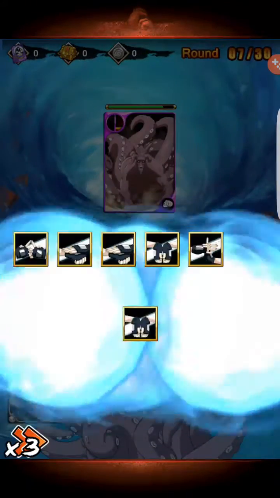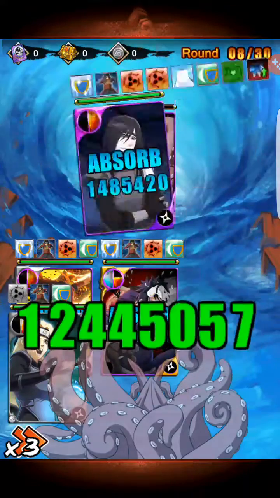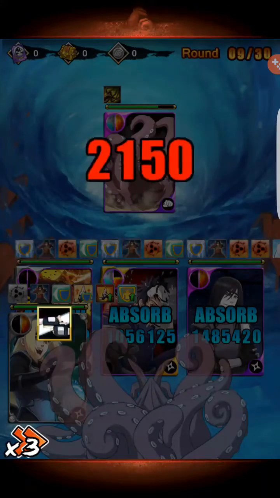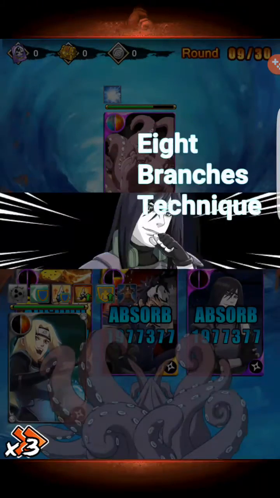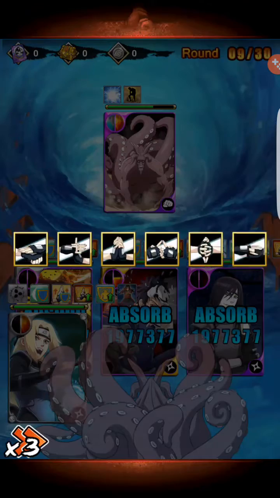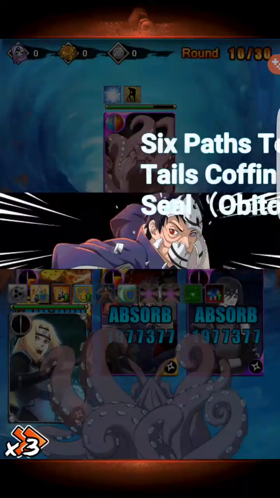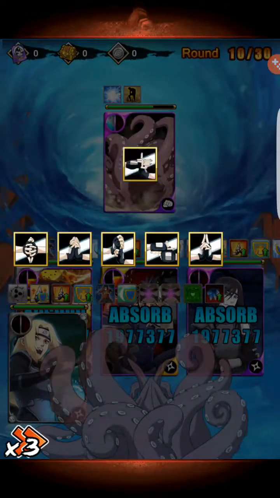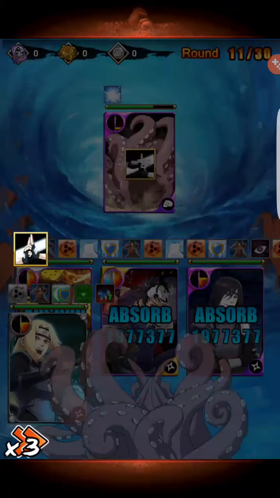But either way, Obito in combination with the Hokage skin, the God of Shinobi skin for Hashirama, and with Orochimaru and all that, the Hobi technique and everything else, becomes quite powerful. He deals constant 20 millions, 30 millions on this card and on the eight tails. And I just thought that was interesting because